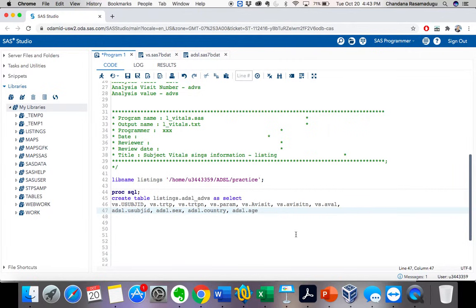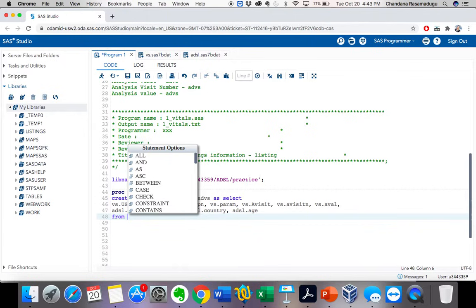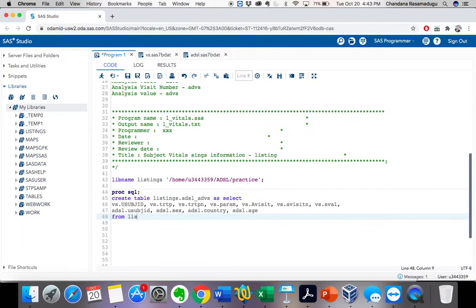Now what is the next thing that I need to do? These are the variables that I want to print, but from which datasets I want to print them, I have to give that as well, right? From listings. I have these datasets present in the listings library, right? So let's give listings.vs.